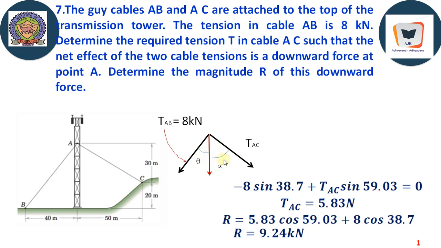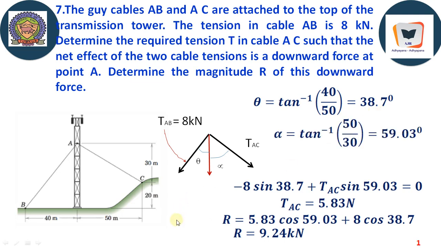This is theta and this is alpha, and theta and alpha can be computed by making use of this geometry. Theta is over here, so tan theta equals opposite, which is 40, over adjacent, which is 50. So theta equals tan inverse of 40 divided by 50, that gives us 38.7 degree. On the same token, tan alpha is opposite over adjacent. Opposite is from here till here, that is 50